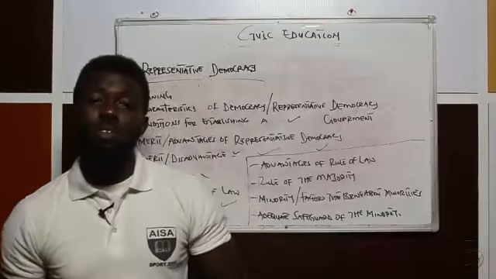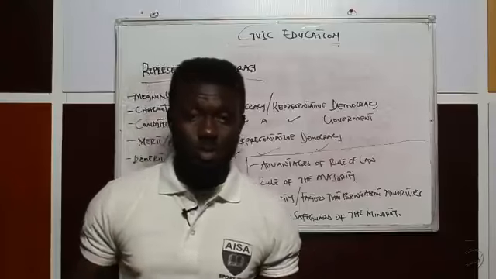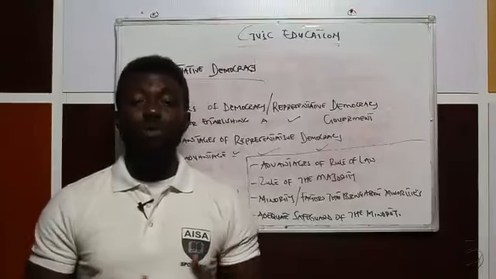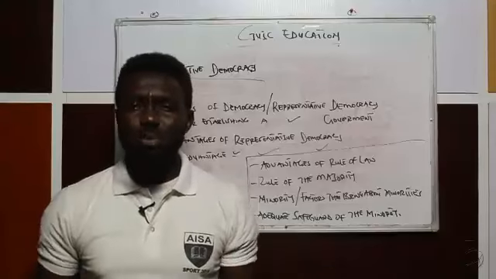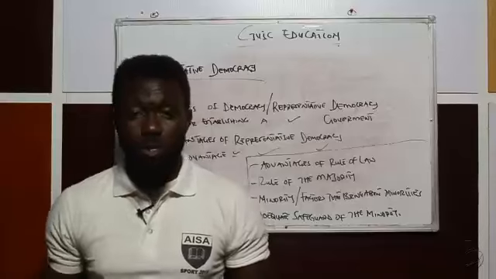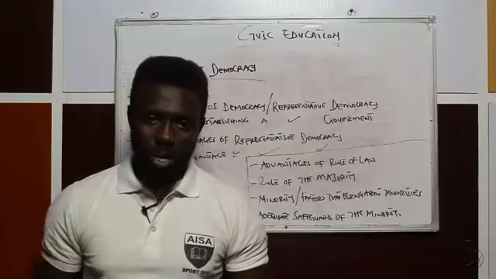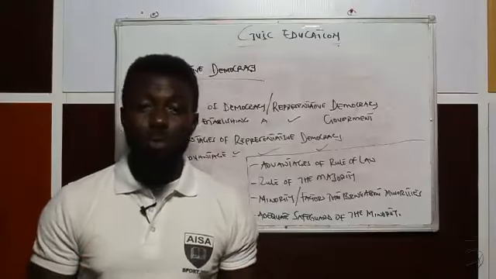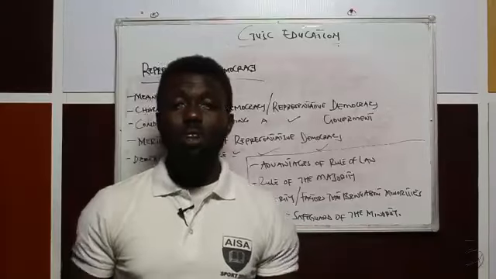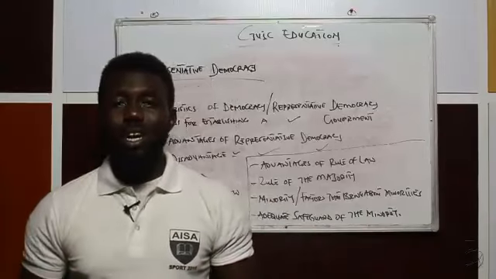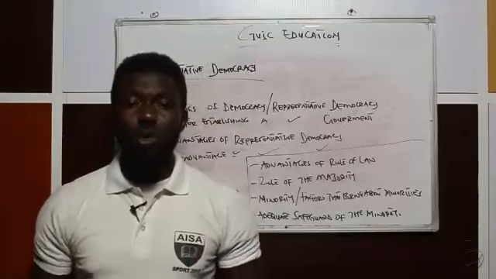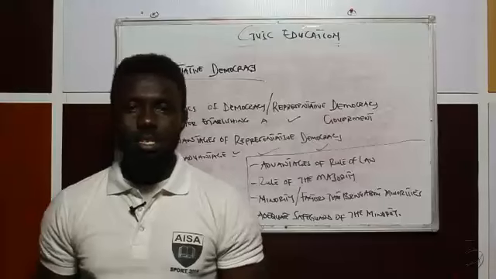So now let's talk about the rule of the majority. Democracy definitely thrives on the vote of the majority. When we're talking about the electoral process, voting, at the end of the day, the person who amasses the most votes emerges as the winner. Now when it comes to voting, we can look at majority from two angles. We can look at it as the absolute majority, or as the plurality majority.